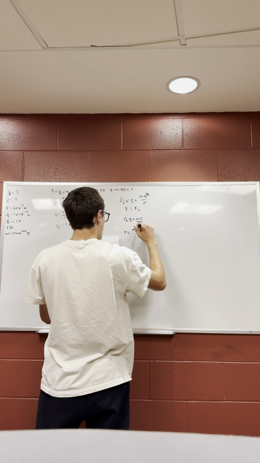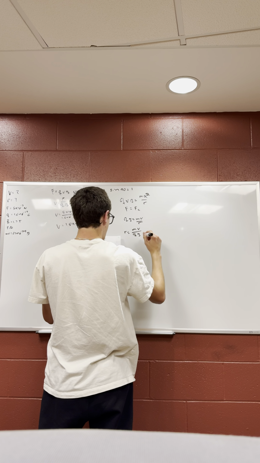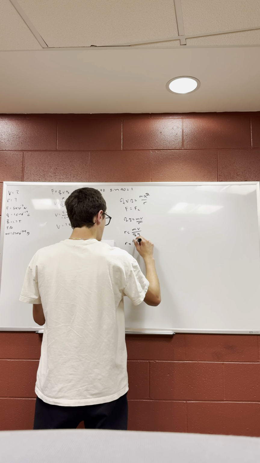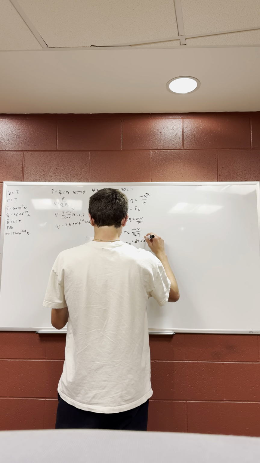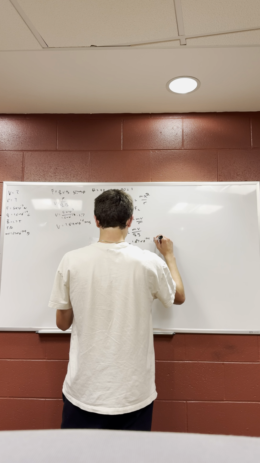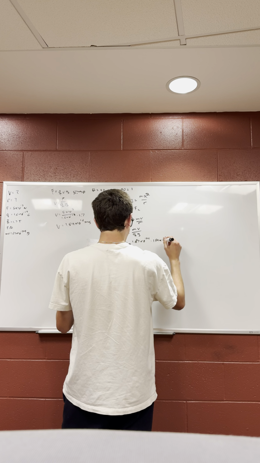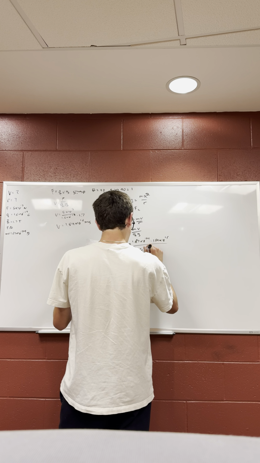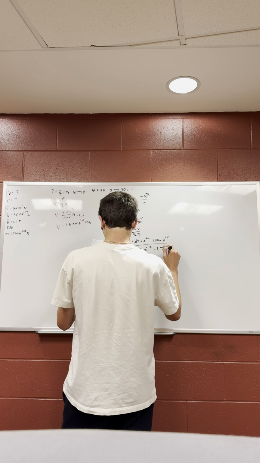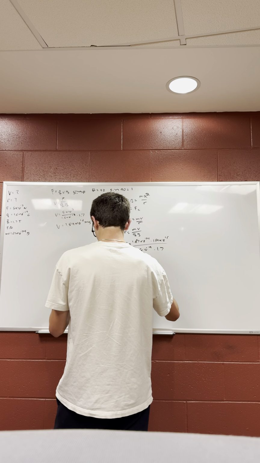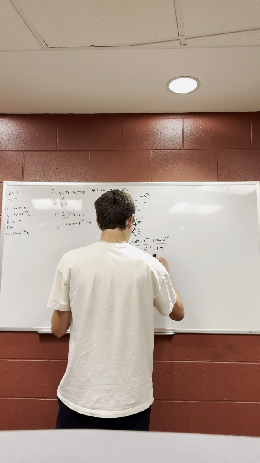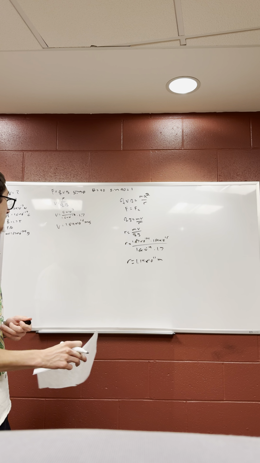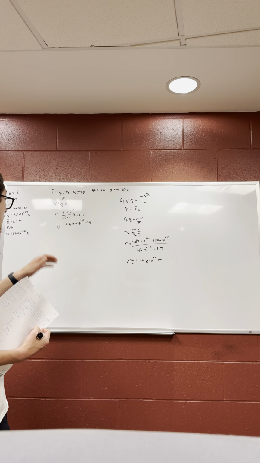to R equals MV over QB, in which we get R equals 1.67 times 10 to the negative 24 times 1.84 times 10 to the 16, all over what we also did over there, 1.6 times 10 to the negative 19 times 1.7, which ends up coming out at R equals 1.14 times 10 to the 11 meters, which very obviously is a very, very large magnetic field, and it is traveling very,